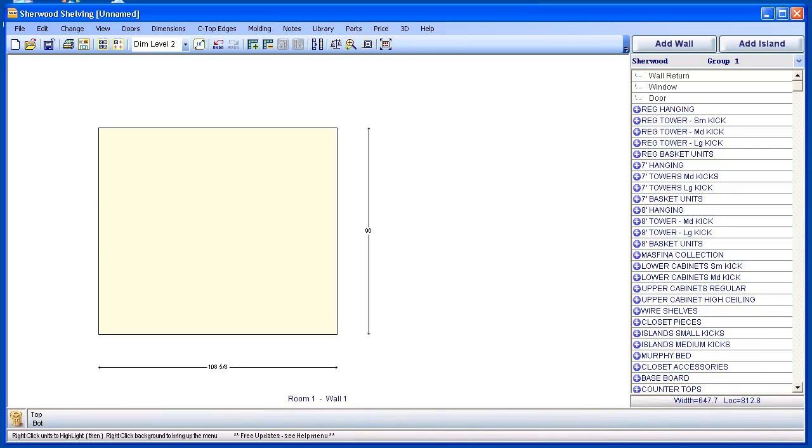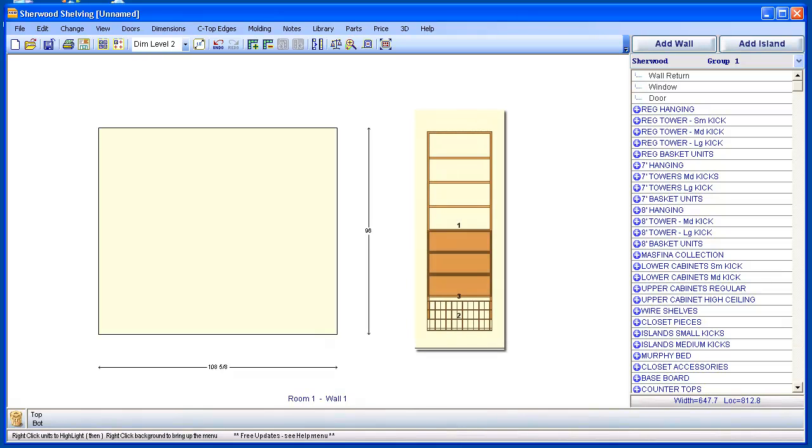In this tutorial, I'm going to show you how to modify a unit within the library to something that isn't in the library that you may require for a job. Now, I'm not going to get into all of the math, but you will need to work out the math before you do this. Let's say I wanted a suspended tower with 3 drawers and a wire basket on the